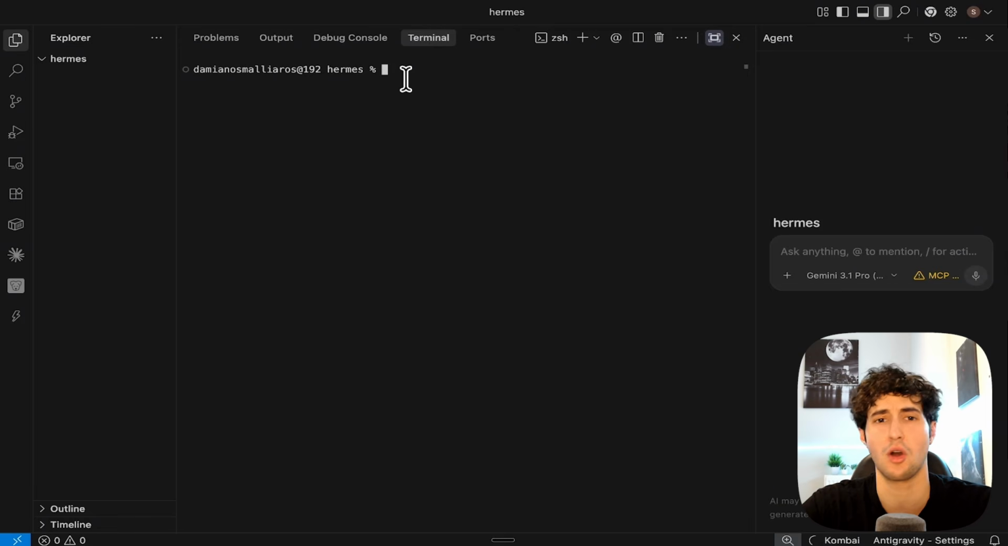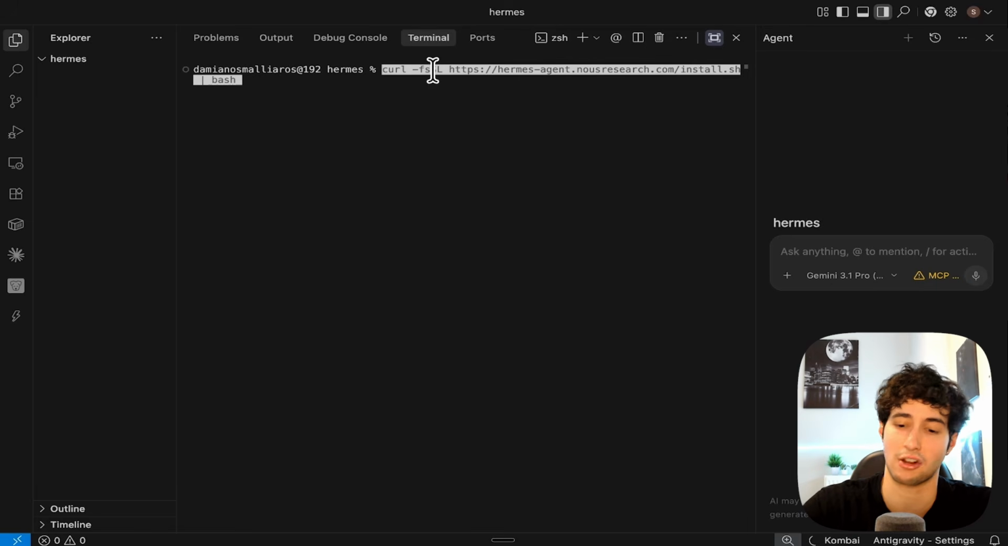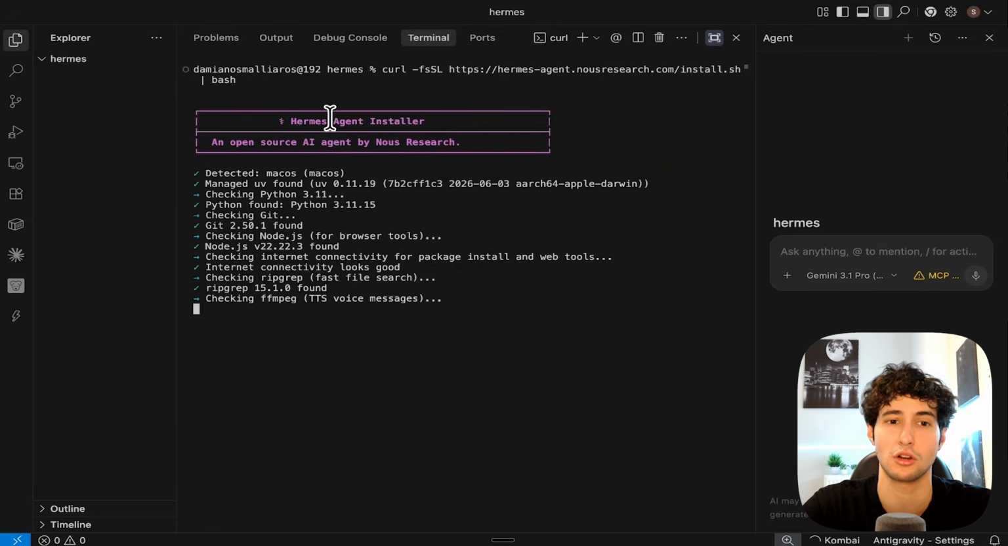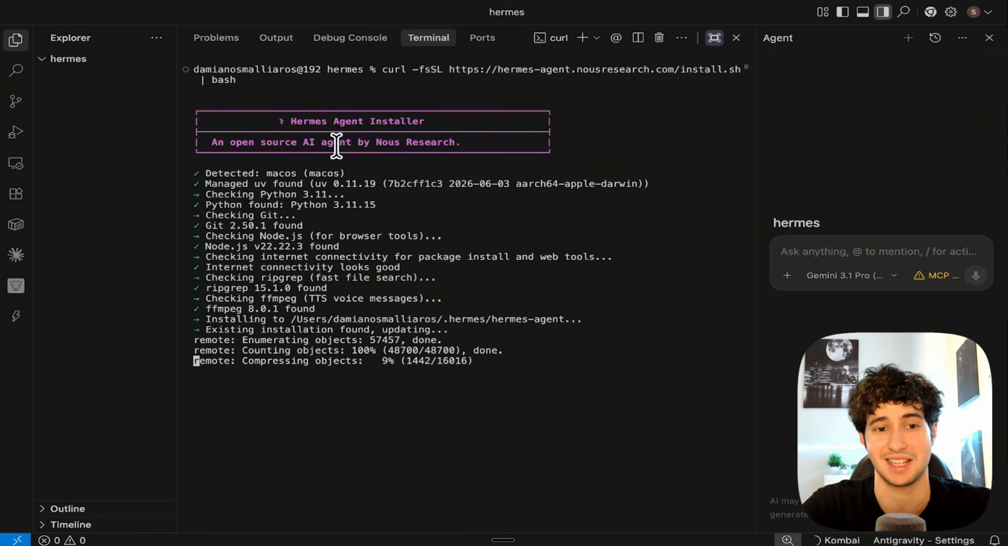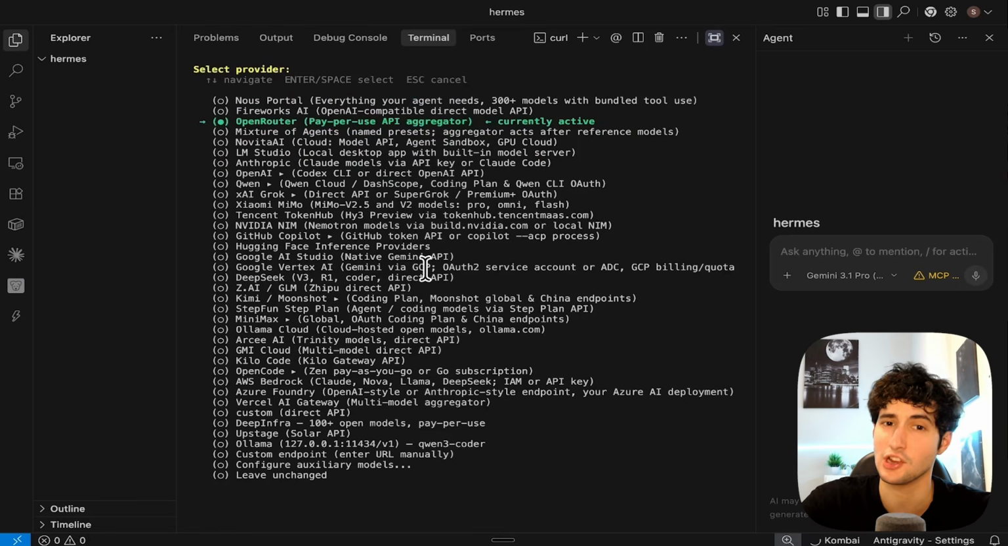It can be VS Code, Anti-Gravity, or Cursor. I'm personally using Anti-Gravity. Simply paste in the command and click enter. This is going to start installing Hermes Agent on your machine, which as you can see just finished, and now it is asking us to select a model provider. We have multiple different options, but what you actually need to do is simply come over here